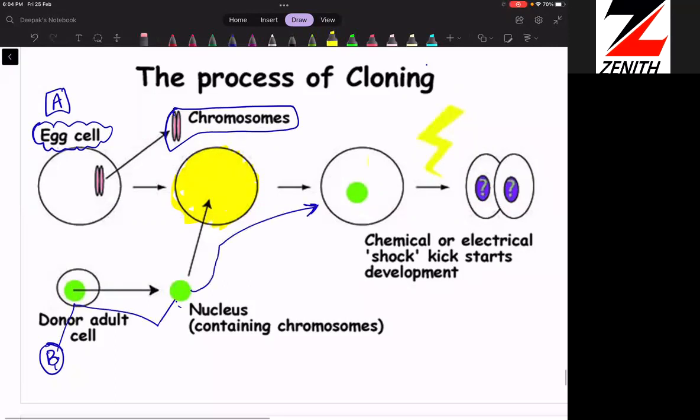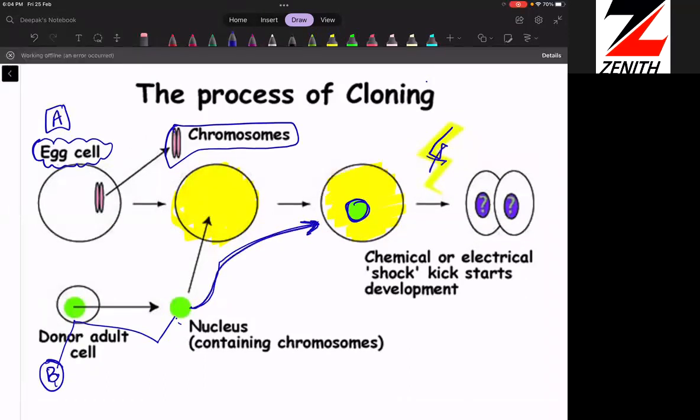ठीक है. तो आपका this egg cell is there. Initially it was having a nucleus with haploid. That means one set of chromosome was there. So that nucleus is removed and the healthy nucleus is being put. This nucleus is having two sets of chromosomes, right? Pair of chromosome is there. Now with the help